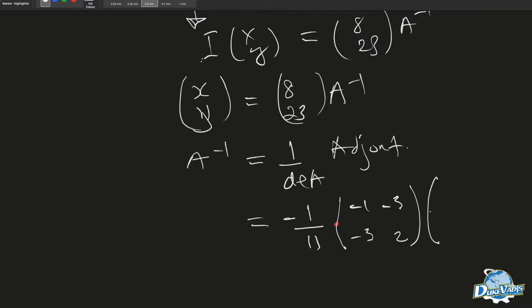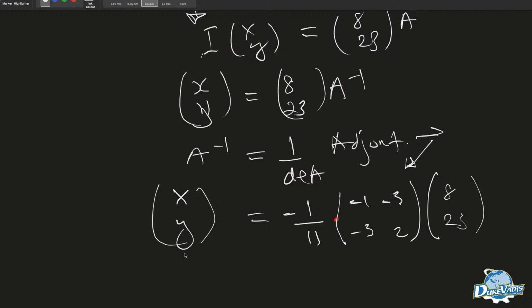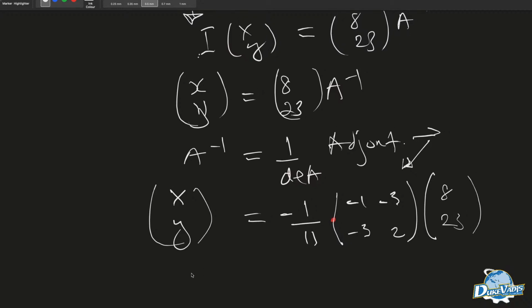Okay, so that gives us the adjoint, and we put in the A inverse, which is now this, the value we're going to get. Then we multiply it by 8, 3 and that will give us our values for x and y. Okay, so when we compute, we're going to get x and y to be equal to